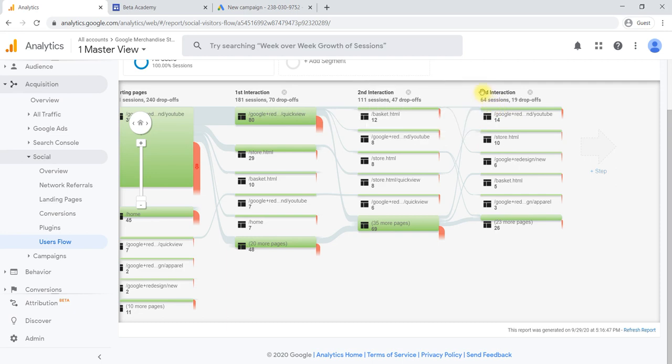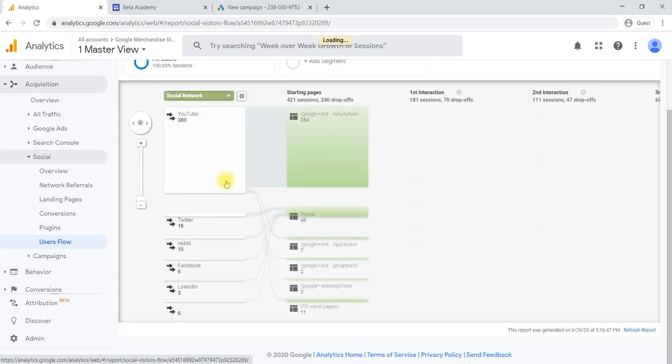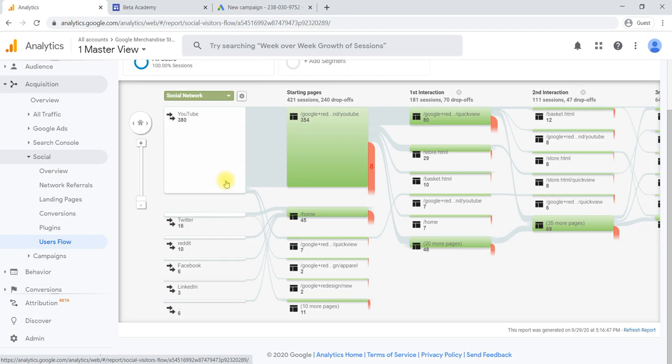Out of those five, how many went to a conversion? From there, again, seven of them exited directly. In the sense, altogether 14 of them came to this particular page. Again, out of that, half of them exited. So this will help. This user flow will help to understand what pattern has been followed by your customer. The usage pattern followed by the customer will be understood by using this user flow.